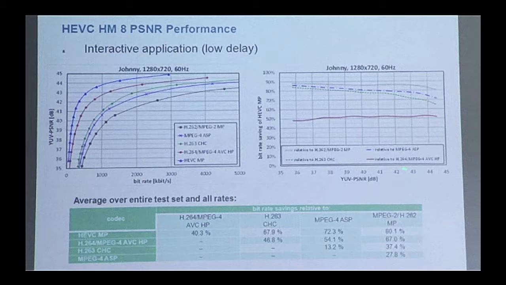Here it goes from, again, the lower qualities, but 35 dB is not really low quality, and it goes down to something like 40. Again, much higher gain compared to the even older codecs, but what's really interesting is the gain compared to AVC. And another example. By the way, here are the averages over a larger number of sequences. In terms of PSNR, 35%. Now what we did, we wanted to know whether PSNR gives us the whole picture.